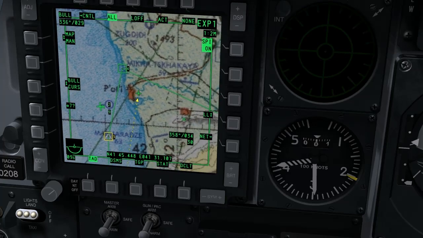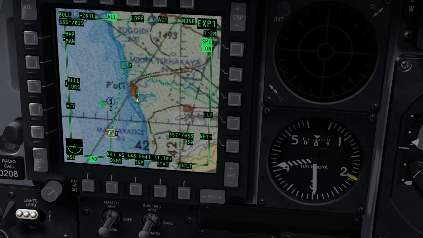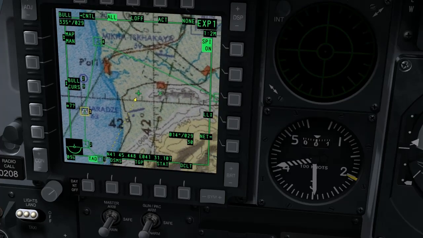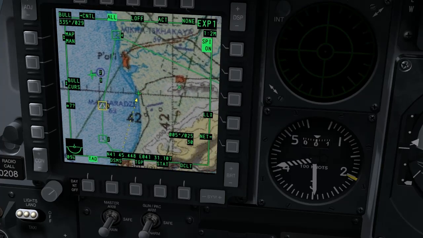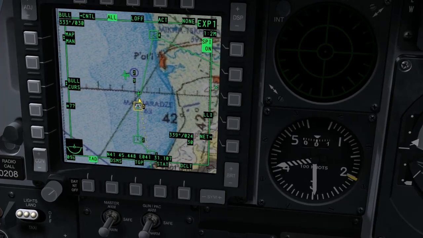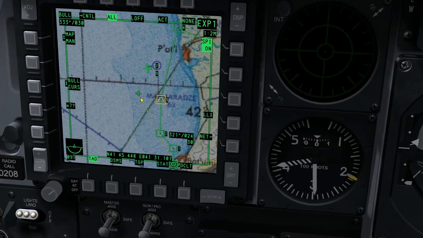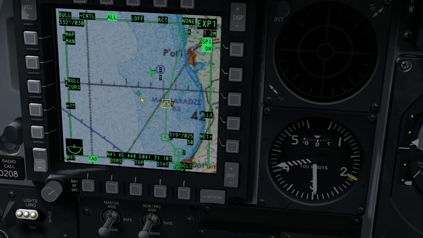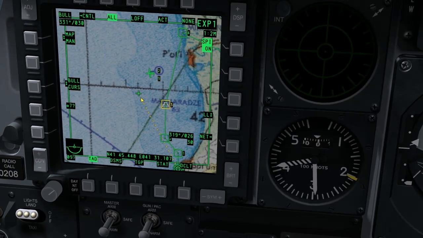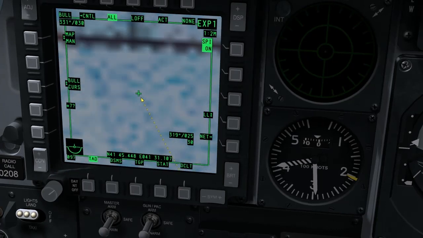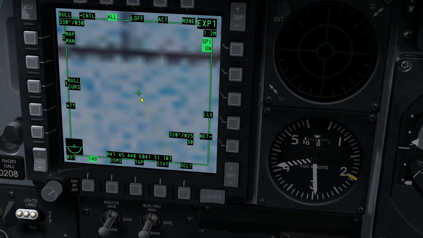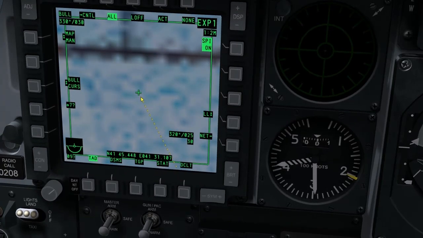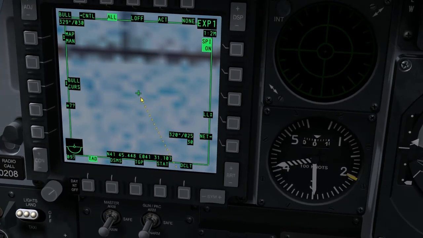Now let's say a bullseye call is made, and it's something like, I don't know, let's say it's 320 for 25 miles. So I can essentially move this round until we get 320 and 25 miles, so that's 24 miles. So we just move it up a little bit to get 24 miles, 25 miles. And if I zoom in, I can get that even more accurate. So that position then gives us that bullseye call,